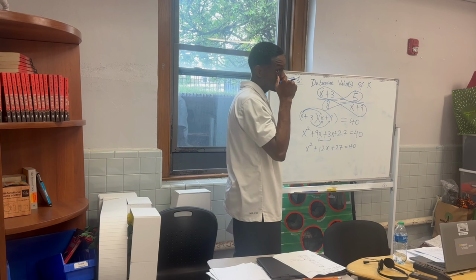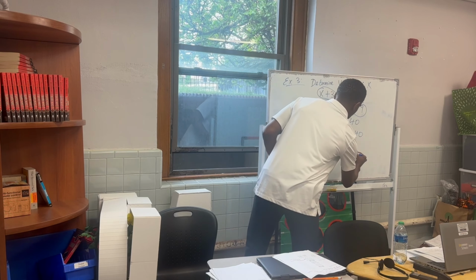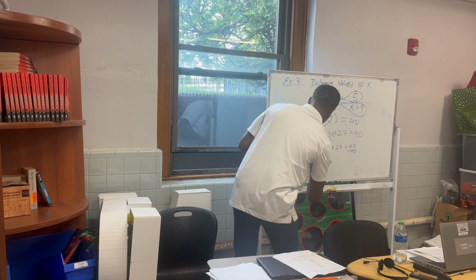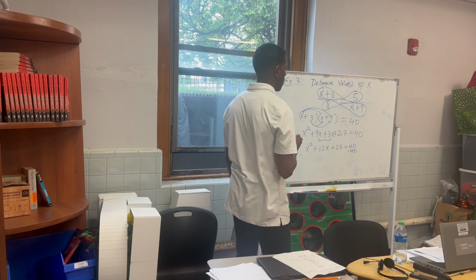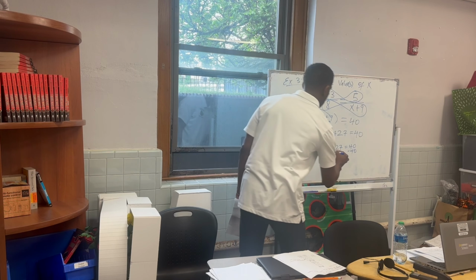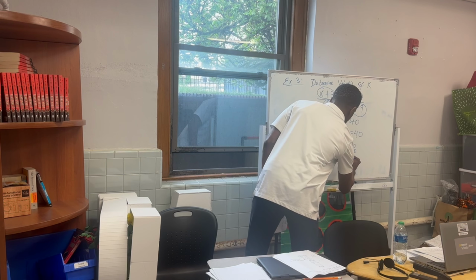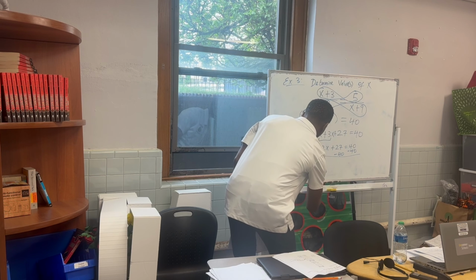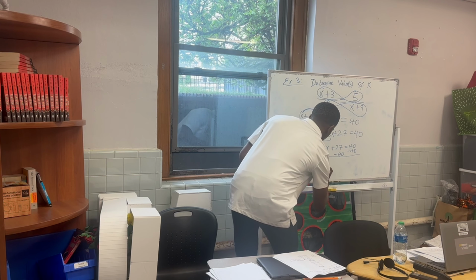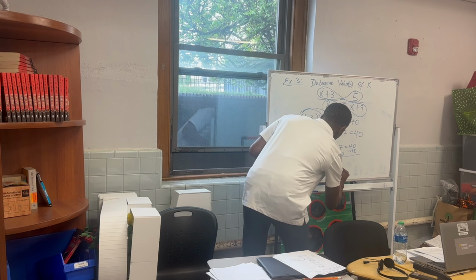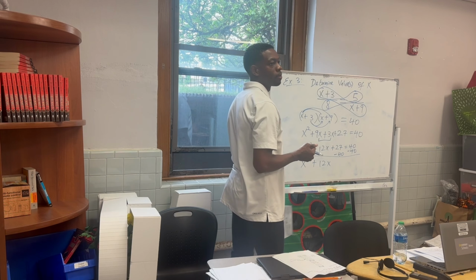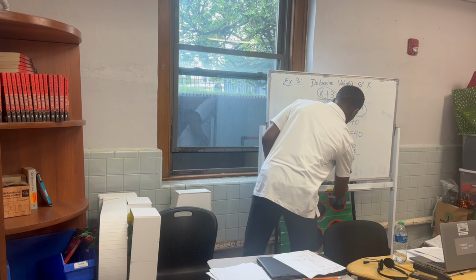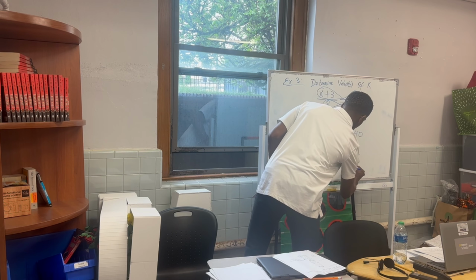What do I do next? You subtract 40 on both sides. No, on 27. Subtract 27 minus 40. Alright. So this would give me x squared plus 12x. What is 27 minus 40? Negative 13. Negative 13, right? Equals,